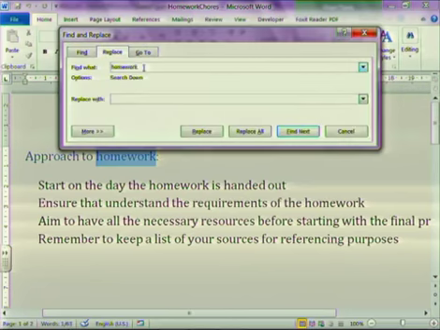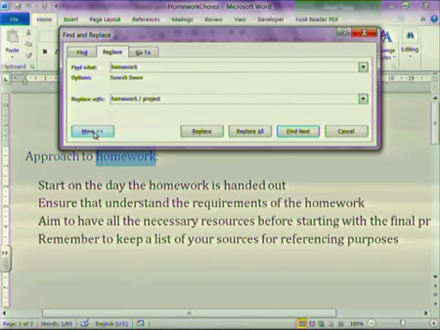Because I've highlighted the word homework already, it will appear in the Find what text box. Right, and we're going to replace this with homework again. So we want to keep homework, but we want to add /project. Okay, right. And now you can choose. You can either go through each option one by one, or you can just say, you know what, just replace all of them. Where you find the word homework, also replace it with